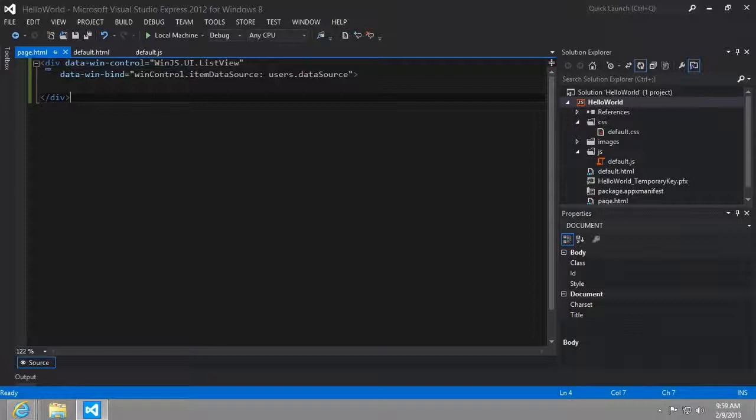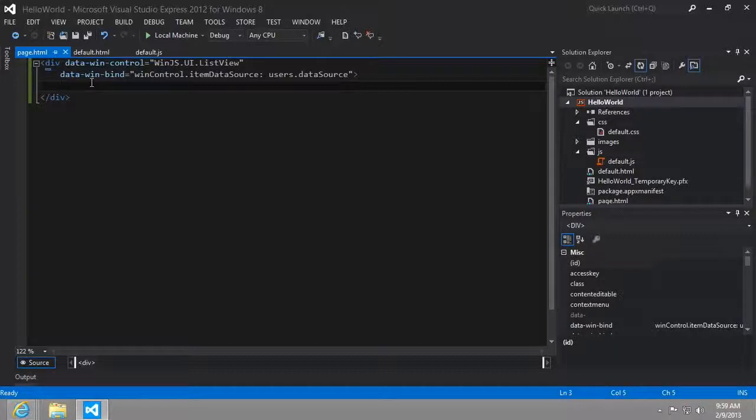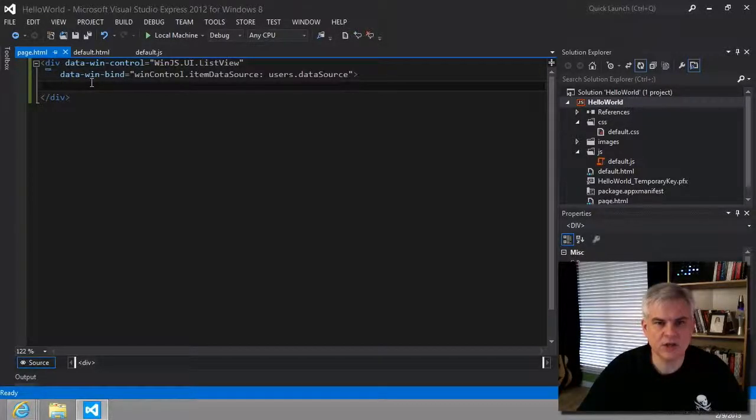All right, so the next thing that we need to do is really style it to make it look more like what we've become accustomed to with list view controls. So WinJS also provides us with a way to create templates for the personality controls like the list view. And templates are just another type of control. Controls are simply functions. Those functions take elements, so we're going to set the data-win-control to